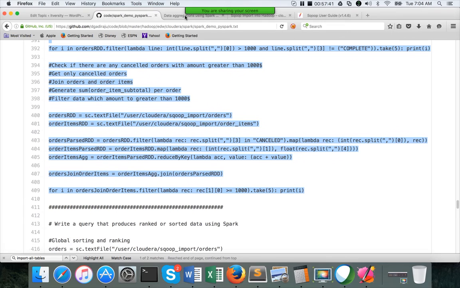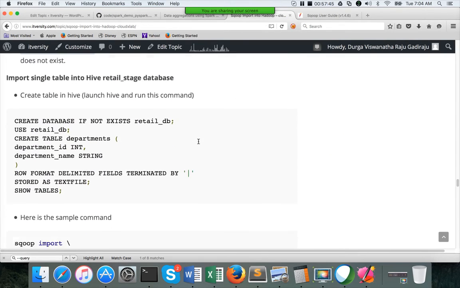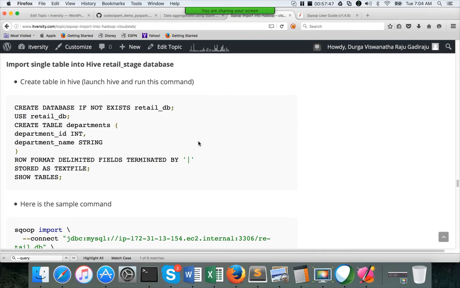So here if I go, you can see here I have covered how to take care of creating the table, and then load into that.